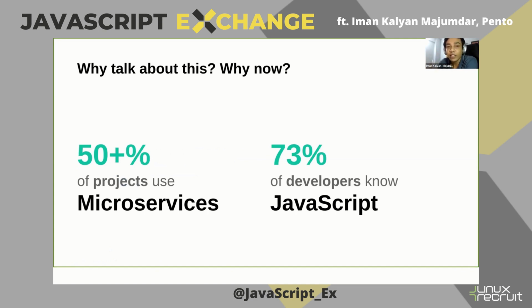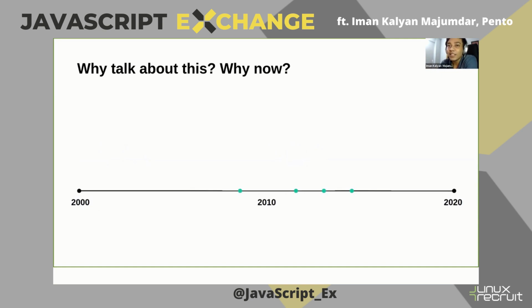A survey conducted by O'Reilly in 2018 asked a lot of software architects if they were using microservices, and a little bit more than half said yes, they were actually using microservices. And as of last year, 73% of developers know JavaScript, which is a 13% increase from the year before, according to the HackerRank Developer Skills Report. This community is growing really fast, and of course the adoption of microservices is also growing really fast. So 1+1 = 2, put these together, it's bound to be that some services in your microservices environment will be using Node.js,